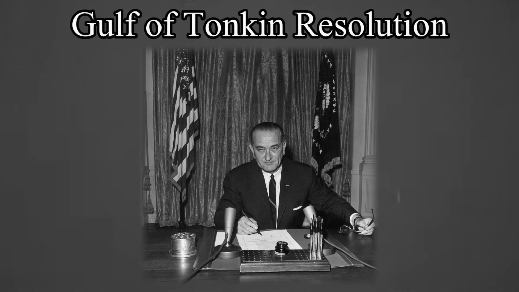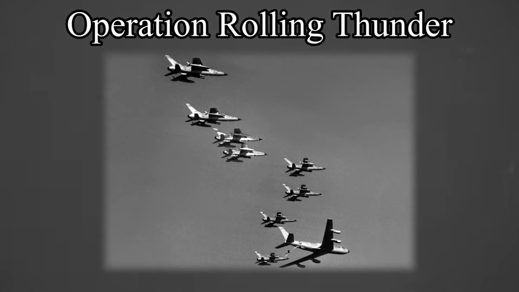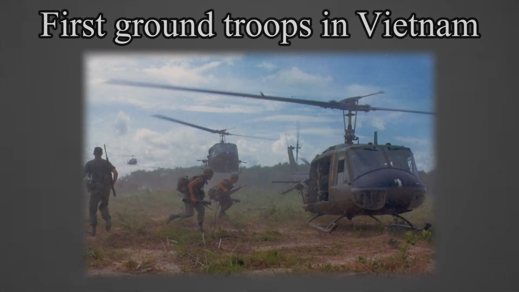In 1964, the US Congress passed the Gulf of Tonkin resolution, which allowed Lyndon B. Johnson to take any measures he thought necessary in the Vietnam conflict. Operation Rolling Thunder was a large-scale US bombing campaign from 1965 to 1968 with the intention of reducing the North Vietnamese military's fighting capacity. Shortly after the beginning of Operation Rolling Thunder in 1965, the first ground troops were sent